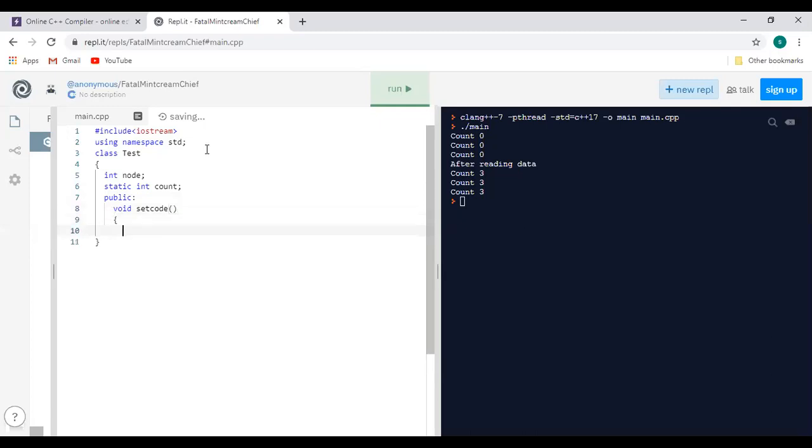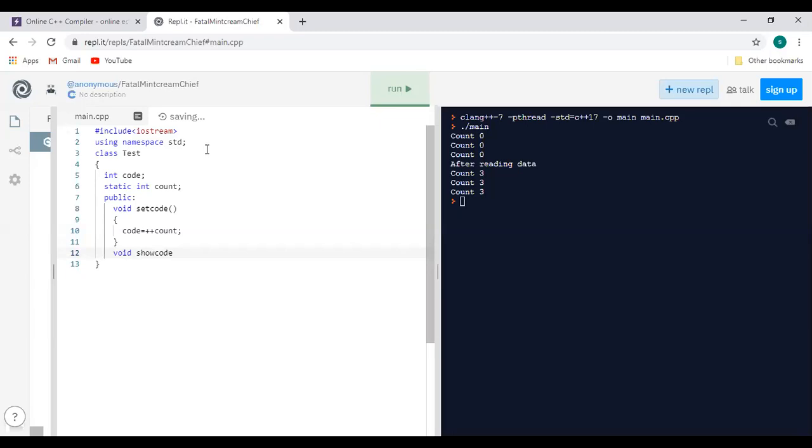Inside that, I'll initialize that code variable by the count value. Now I will show that variable, show code value.